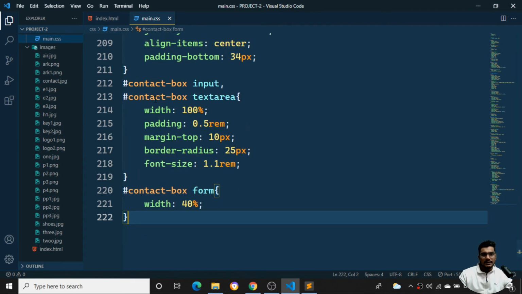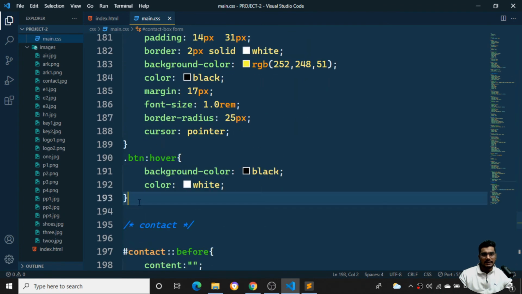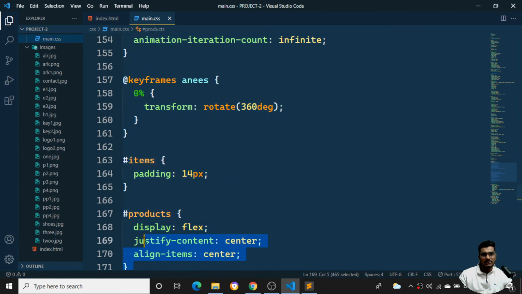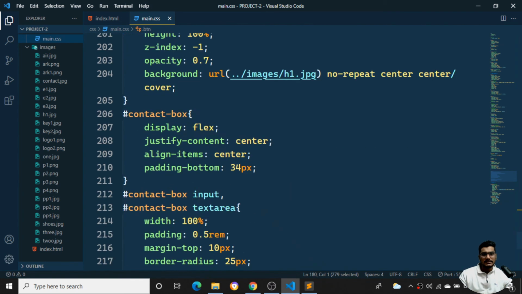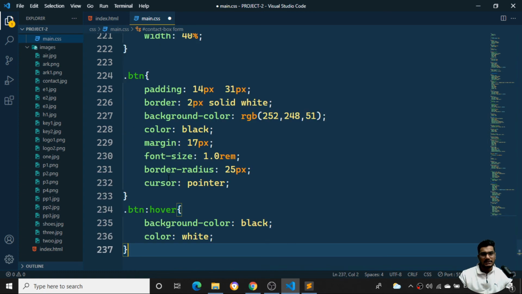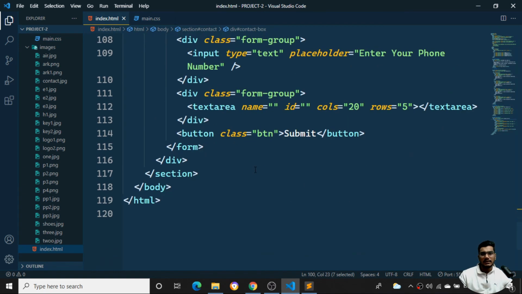So now, the button I had given, right? I'll just copy this particular button. I want a block level button here, so I'll copy and paste it over here. I'll set it as a C button for the contact button. The class is C button.